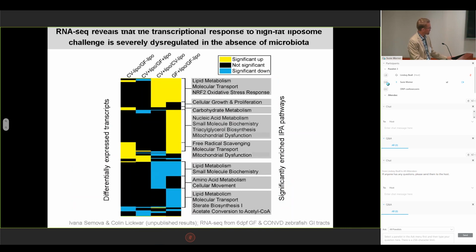So, from this, we're able to pursue, and we are, the mechanisms by which this bacterium promotes fatty acid uptake. I'm not going to go through this whole slide either, but this is just a snapshot of some RNA-seq data comparing the impact of microbial status, germ-free versus CV, or plus or minus these egg yolk liposomes. And I guess really these last two are perhaps most useful. If you compare the impact of liposome feeding, or this egg yolk feeding, on colonized animals versus germ-free animals, you can see that there's a lot of shared transcriptional responses, but also a lot of distinct responses. So there are hundreds of genes in the zebrafish genome that only respond to this acute high-fat feeding when microbes are present or absent. So microbes are dramatically modifying the animal's physiologic response to this acute high-fat challenge.